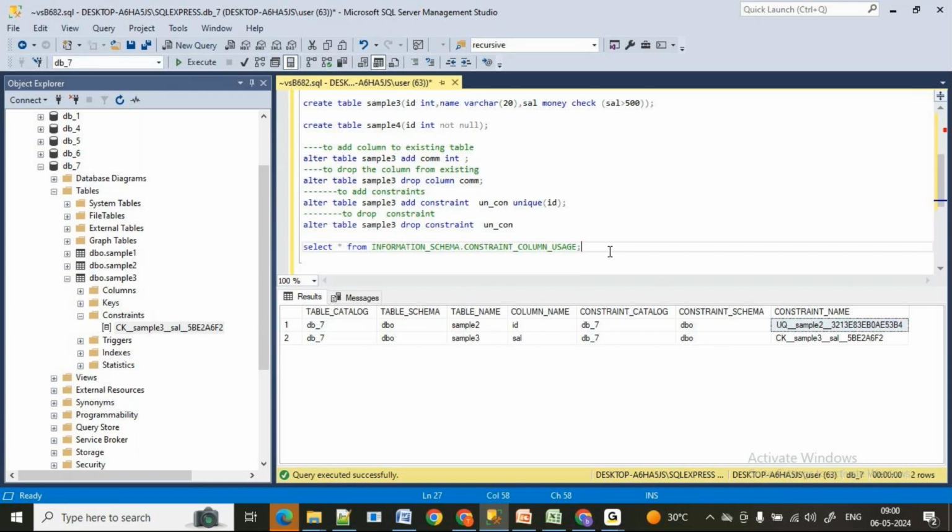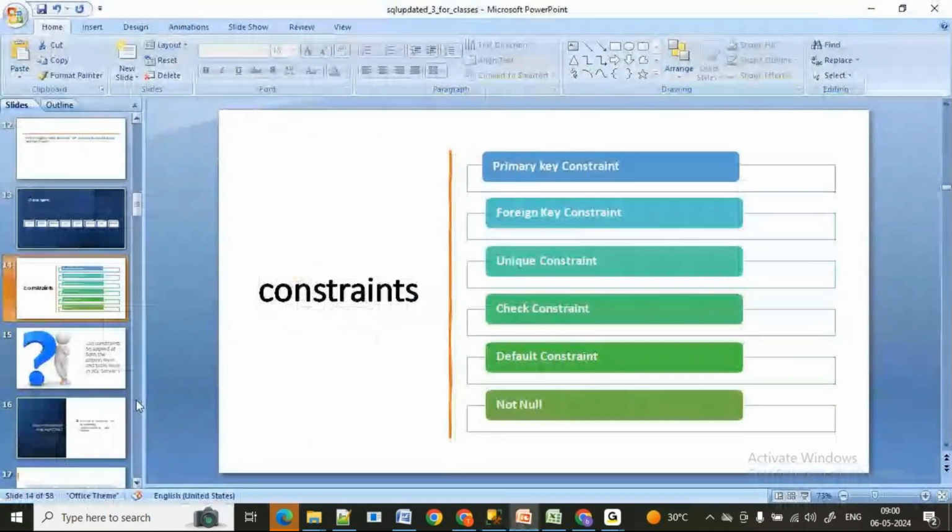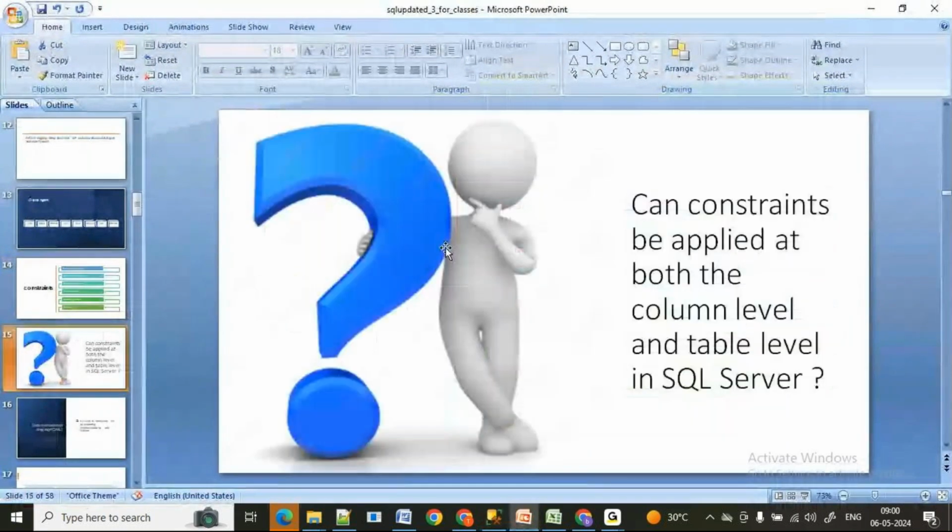Good. What about not null? Can I add a not null constraint? If I want to add not null, what rule do I need to follow? My first question, or my biggest doubt: can a constraint be applied at both the column level and table level in SQL Server?